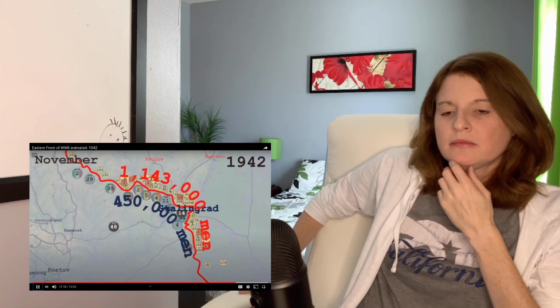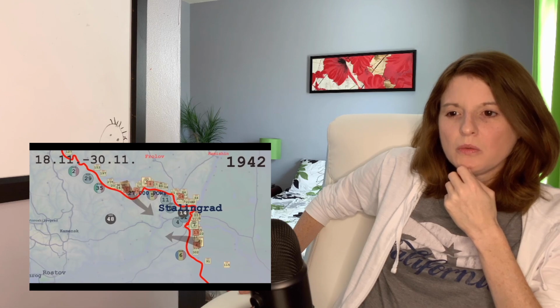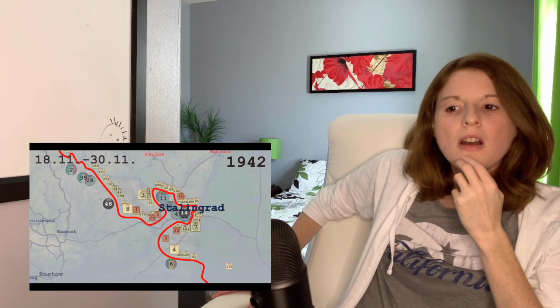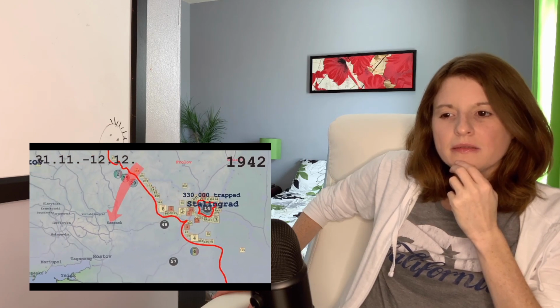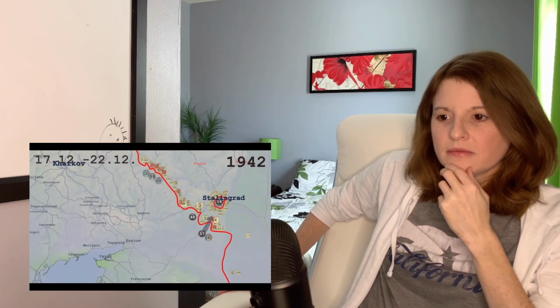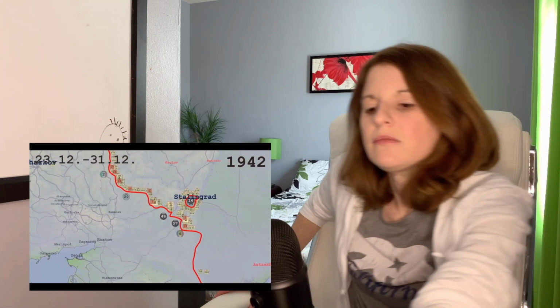The Axis deployment in this sector. The Red Army managed to achieve surprise and overran the Romanian forces opposing them. Then they broke into the undefended Axis rear, cutting off their forward units. Next, they had planned to reach the sea and cut off all the Axis forces in the Caucasus region. However, some of the Red Army forces had to be diverted to repel the German attempt to relieve the Stalingrad pocket, and the